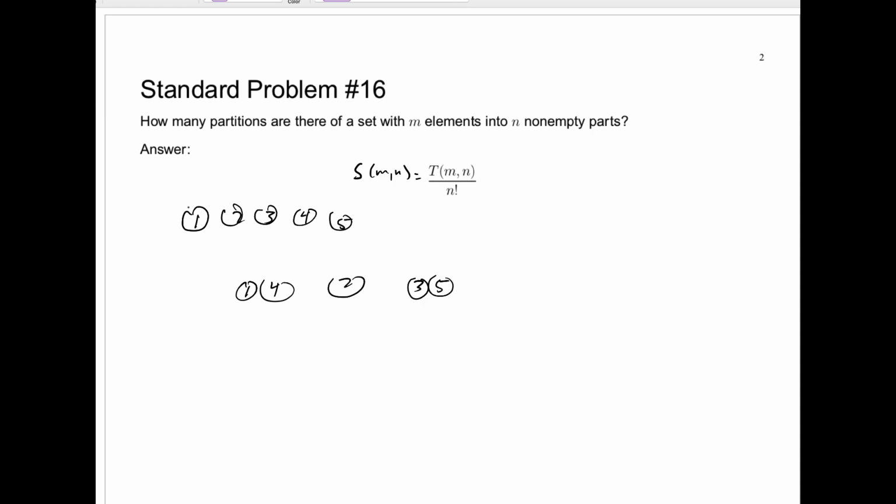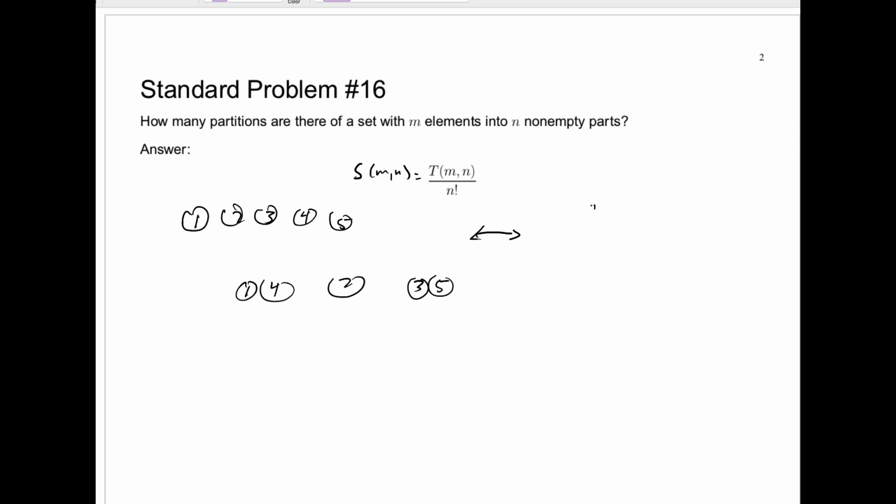You could talk about this with set notation. You're partitioning the set 1, 2, 3, 4, 5 into these 3 non-empty sets, the set with 1 and 4, the set with 2, and the set with 3 and 5. The reason I'm writing this with balls is I claim